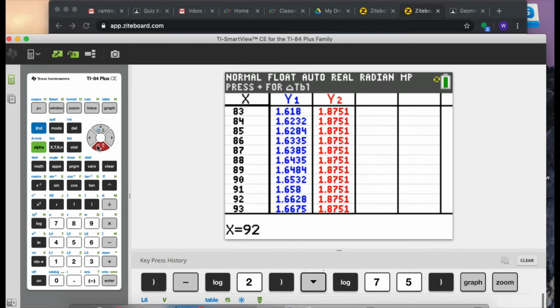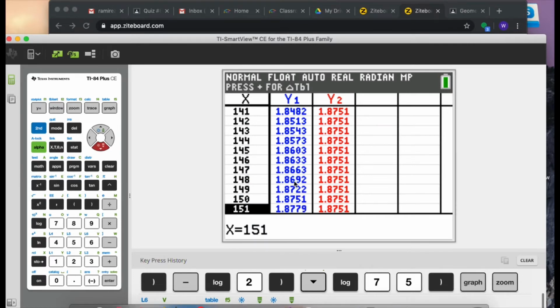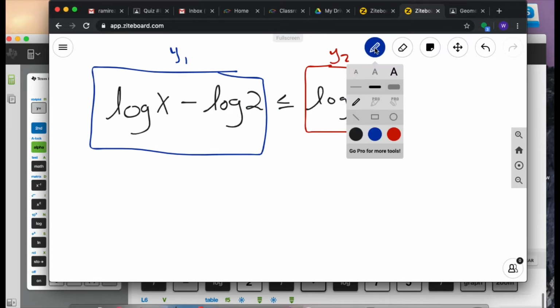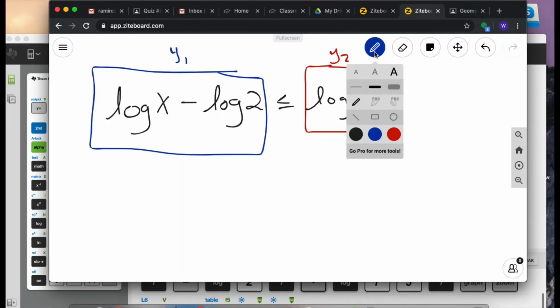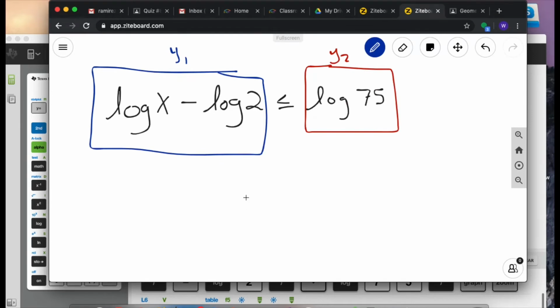So 1.56, 1.7, 1.8, 567. So we have 1.8692, 1.8722, and then right here, know that these two are equal. So my solution is going to be 150. So looking at the XY table, I'd say that X,